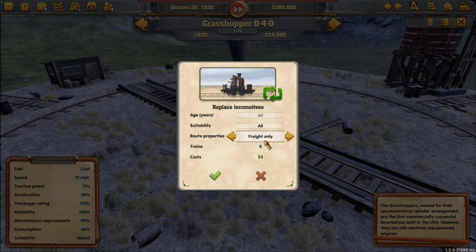Well done, well done. Freight only, same thing. Then you could say anybody who's connected to a rural business, I want to change them, and you could change the ones that are just running between cities and cities. But the one I think for me, the way I like to play, this is going to be really helpful